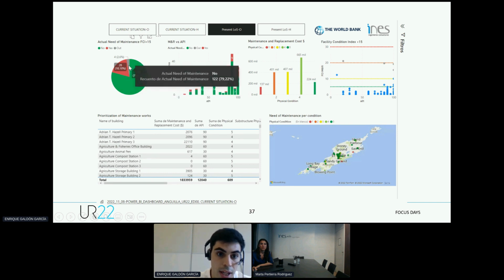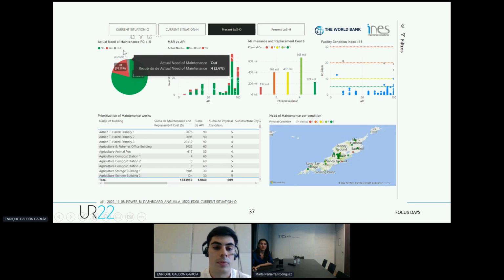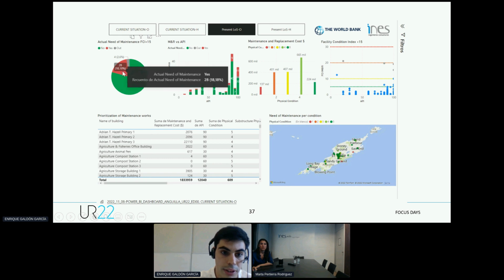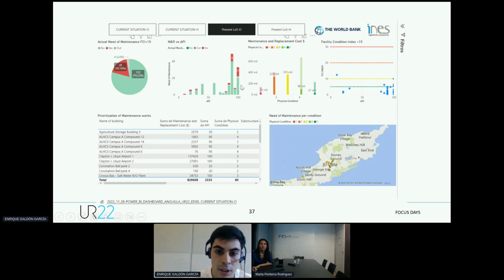the buildings that don't need maintenance, and also we have here a group of buildings that have a facility condition index, that means the relation between the cost of fixing that building and the cost of replacing it, that is very high. So if this indicator is high, this means that it's better to replace the building than fix it. Okay, so if we select those buildings that need preventive maintenance, we have here also